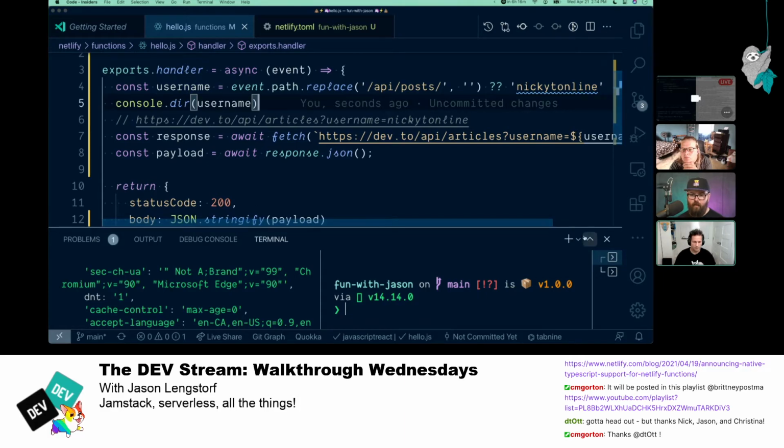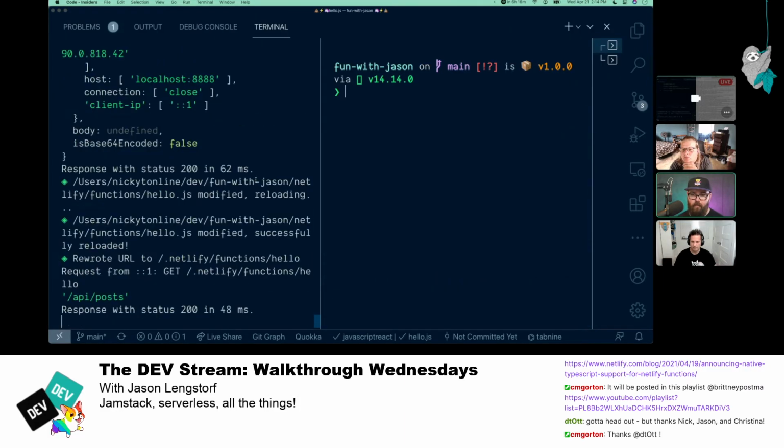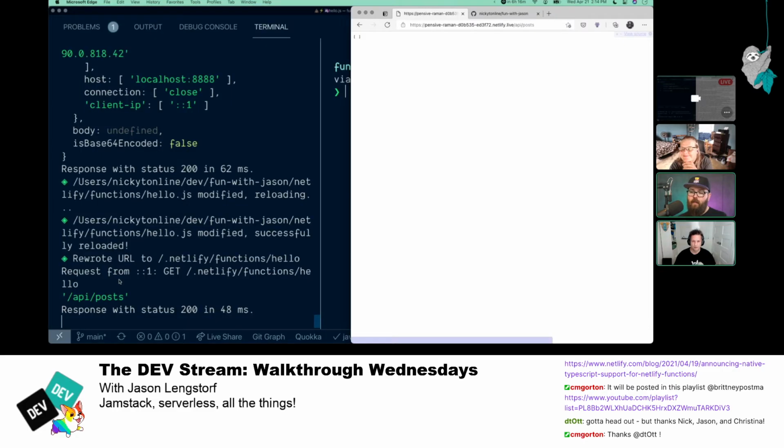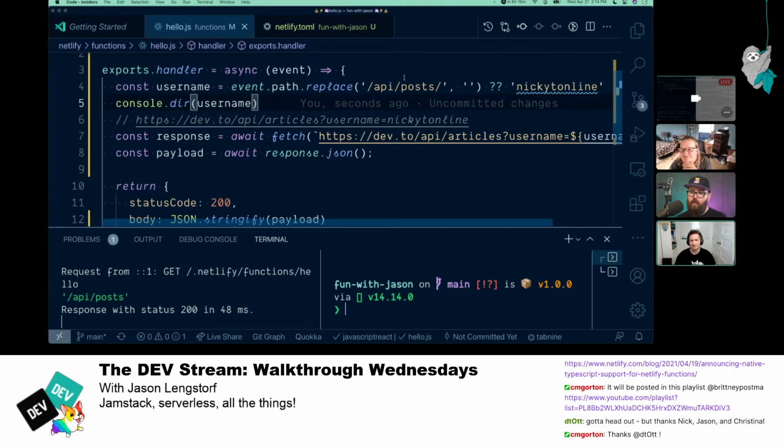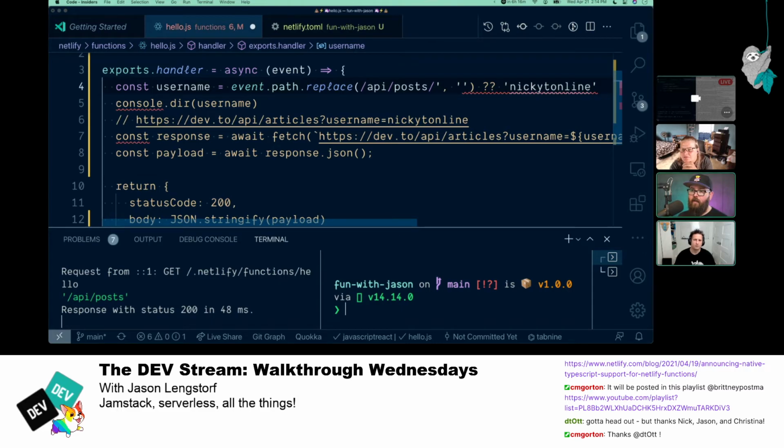Okay, let's pop. The log should be down at the bottom. It gave us API post. Did we? Oh, I know what it is. It's because we included a trailing slash. So we'll need to, okay, what's the right way to do this? Because we will end up with a slash at the beginning. Yeah. So we can make it into an actual regex. Yeah. Can do that, I guess.